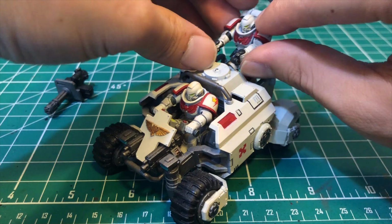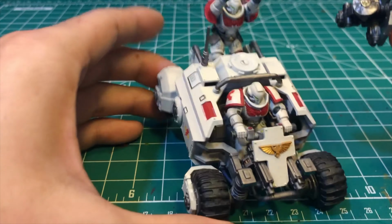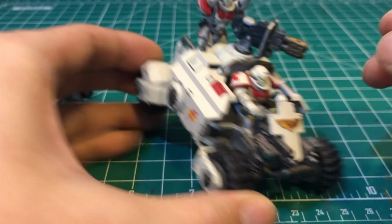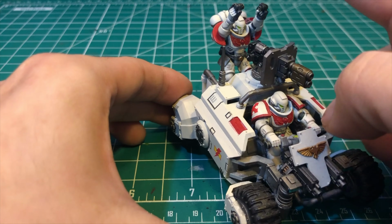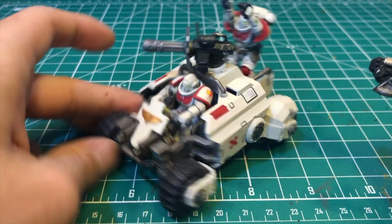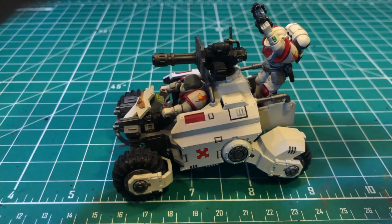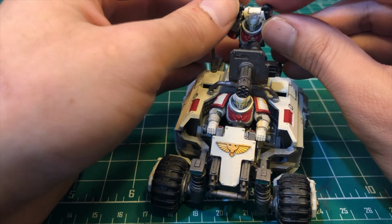But if you'll ignore the arms for a moment, which are not glued clearly, you can see that it's just a really strong connection, and it's cool that it can move even if he can't, and it's really easy to swap between them in that sense. So that's definitely strong enough, but I just went a little crazy and actually